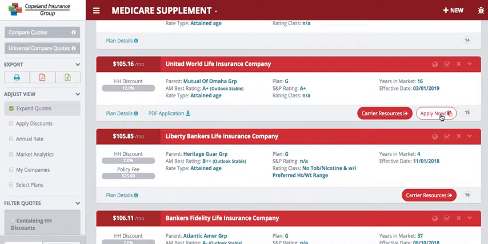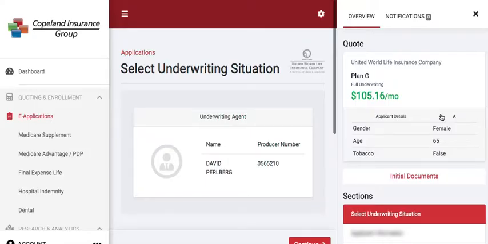particular carrier. The first time you try to submit an application for the carrier, you will have to enter in your writing number or your... So each time that you enter, we are validating that you are appointed with that carrier. Application here, you will see your writing number and your producer number automatically carried over, as well as that quote that you initially ran. So there's a couple